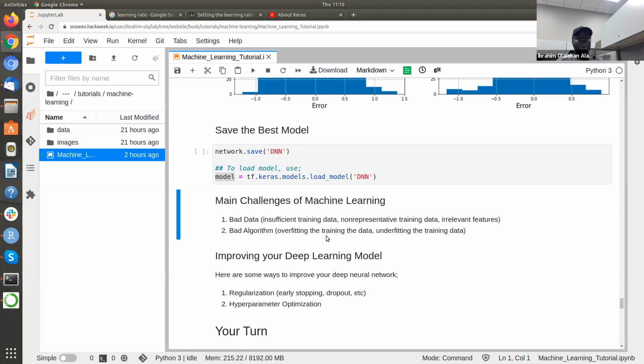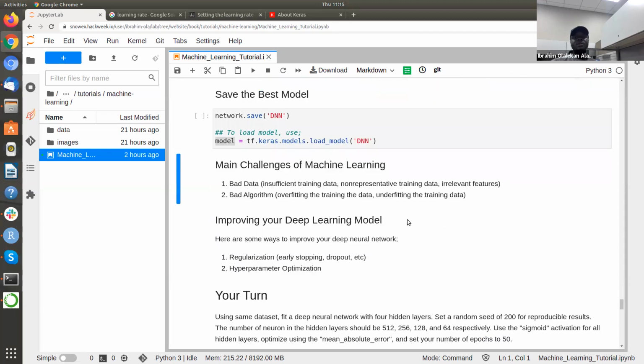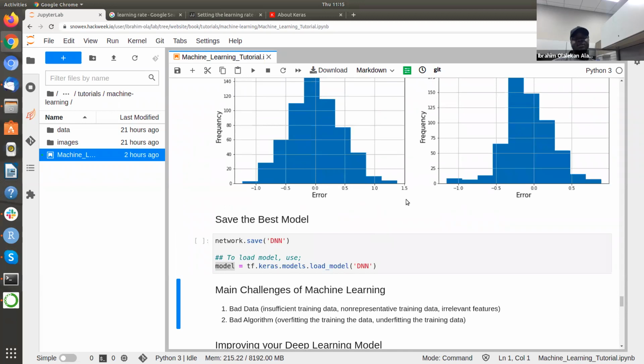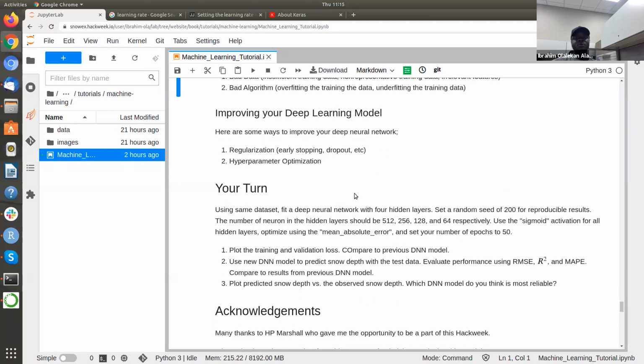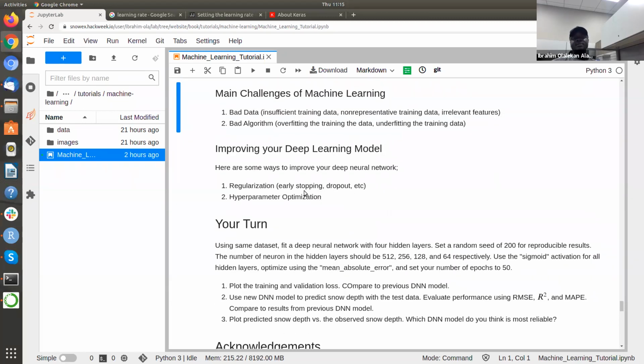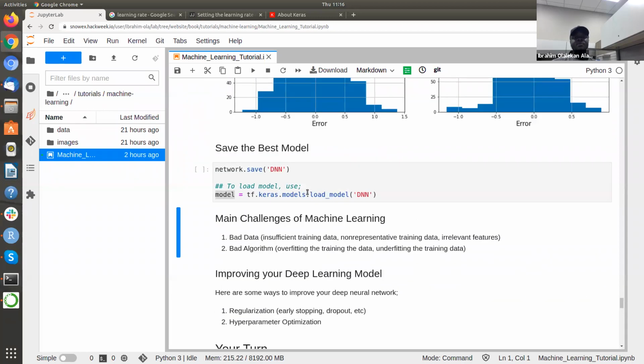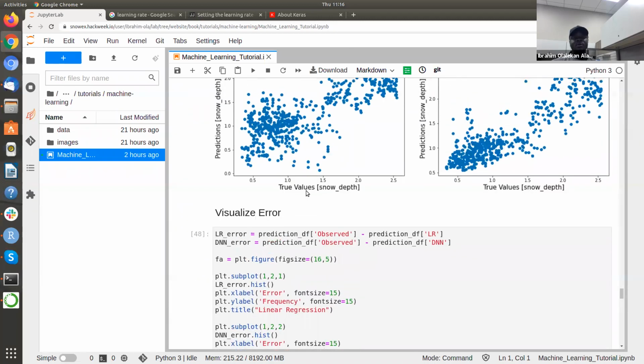And then we have an extremely simple model, then you are likely to underfit your training set. So there are various ways to improve your deep learning models. The one I just built is a very simple one. You could always improve that by regularizing. And by regularization, I mean, you could have early stopping, you could have dropout, you could have L1, L2, and the likes. So by early stopping, what I meant is you're going to come here